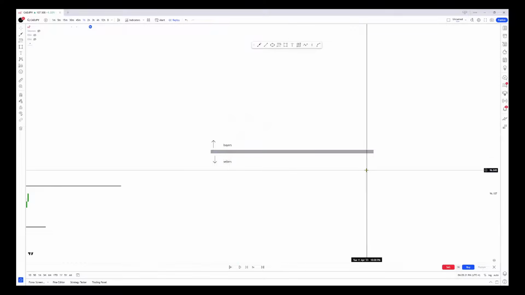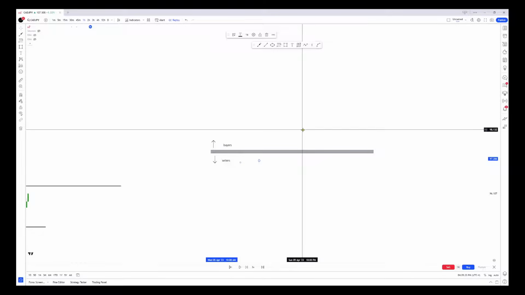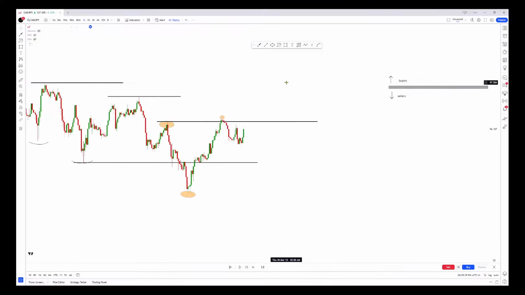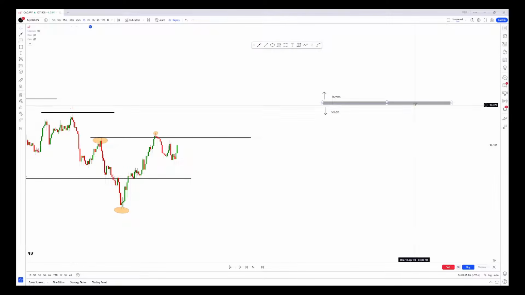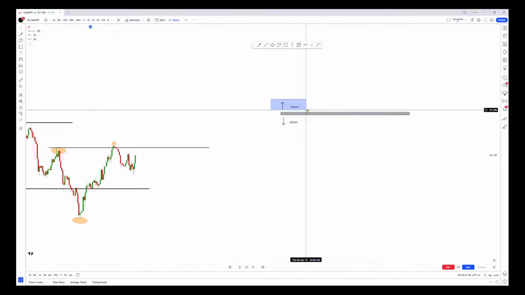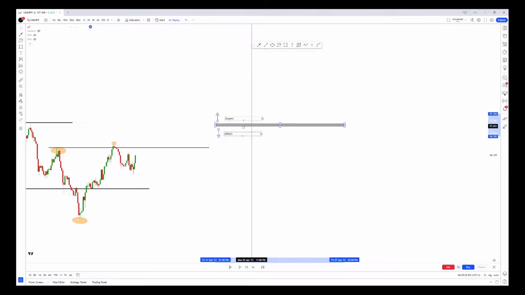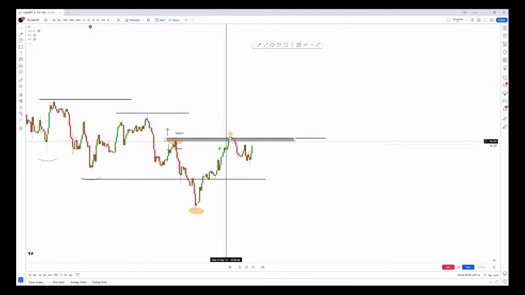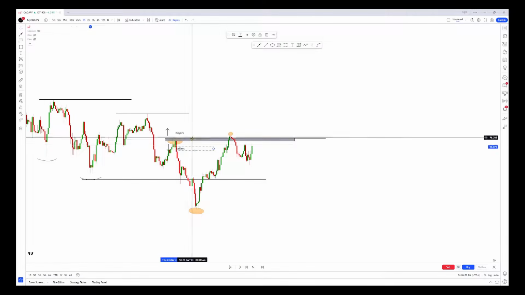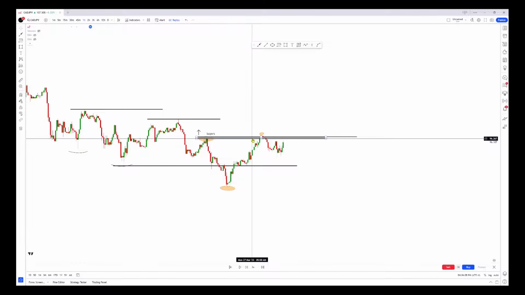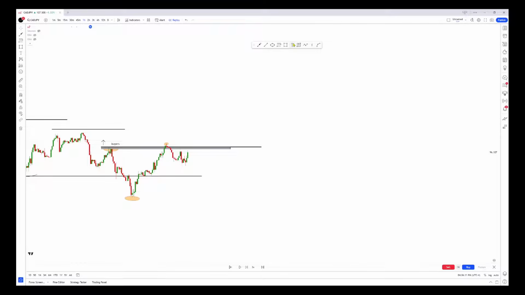With that being said, this is why we buy above resistance and we also sell at the levels of support. This is why we do that. Think of it like this: let's say we took this and dragged it over here. If this was the case, and price most likely sells here, and then it breaks out,